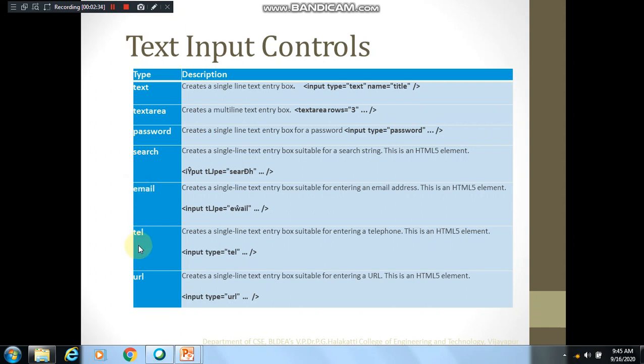Similarly, that is applicable for telephone also. Input type equal to tel, if you use, it will take only numerical data which should be larger than a certain number of digits, right. So it is not accepting ABC. If we are typing something like ABCD in a telephone number field, then it will throw an error message saying that you are entering wrong data here, please type valid data. So that can be done with tel as an input control. Similarly, if it is asked to enter a path of a file, you can use input type equal to URL.